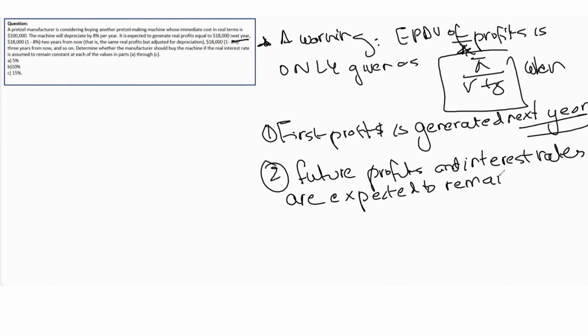So every year the profit that you'll adjust for depreciation remains the same, and interest rates are also constant. Only in this case, so only when you have this case,